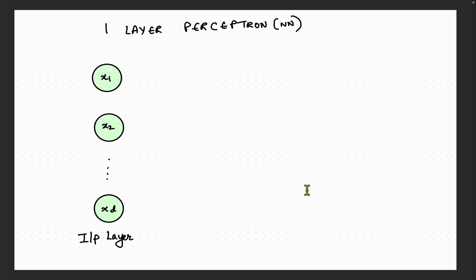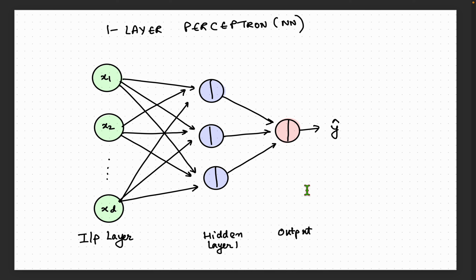So let us start with a one layer perceptron here. So first, we have something called an input layer, which takes all the inputs or features that we have, right? So here we are denoting them as x1 to xd, where d will be the number of features that we have, right? And this layer is typically called the input layer. Then in the end,